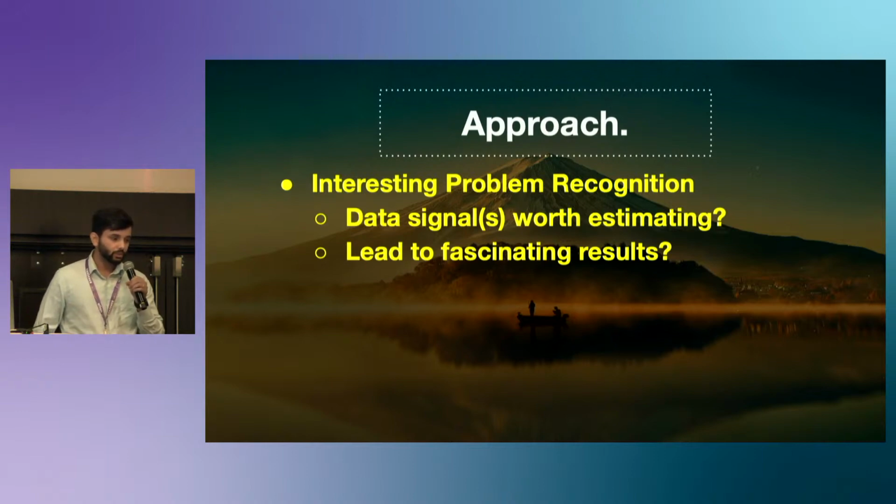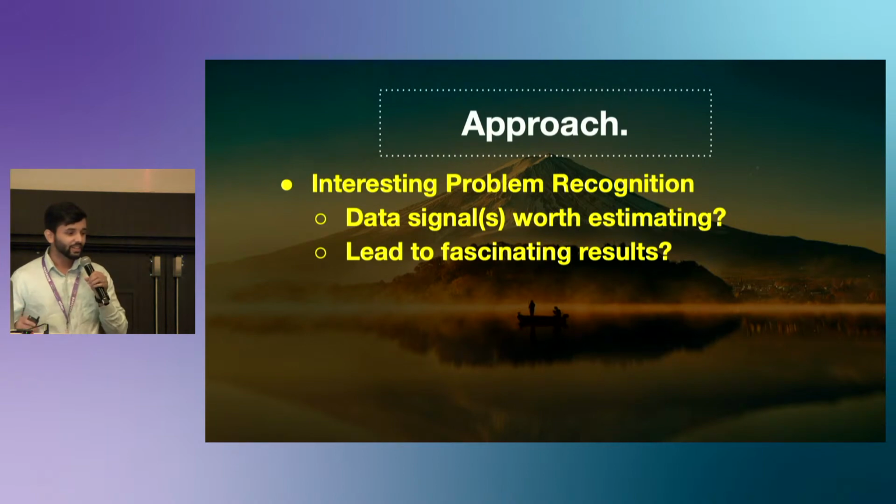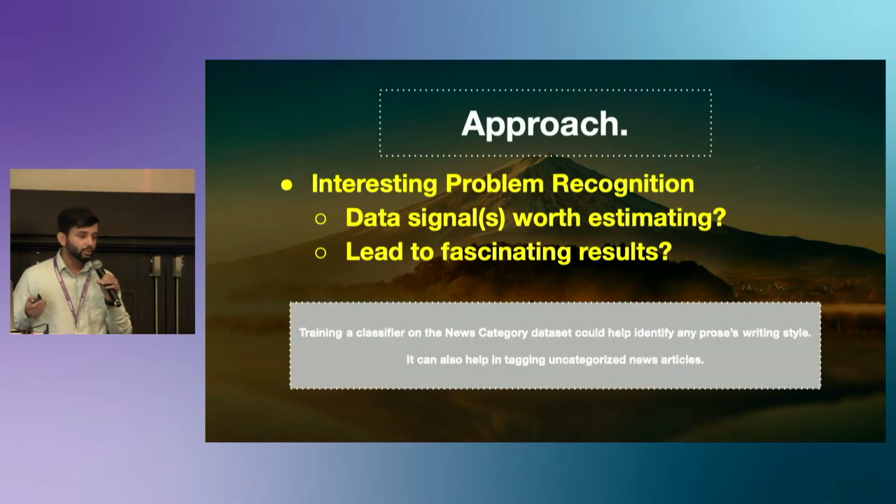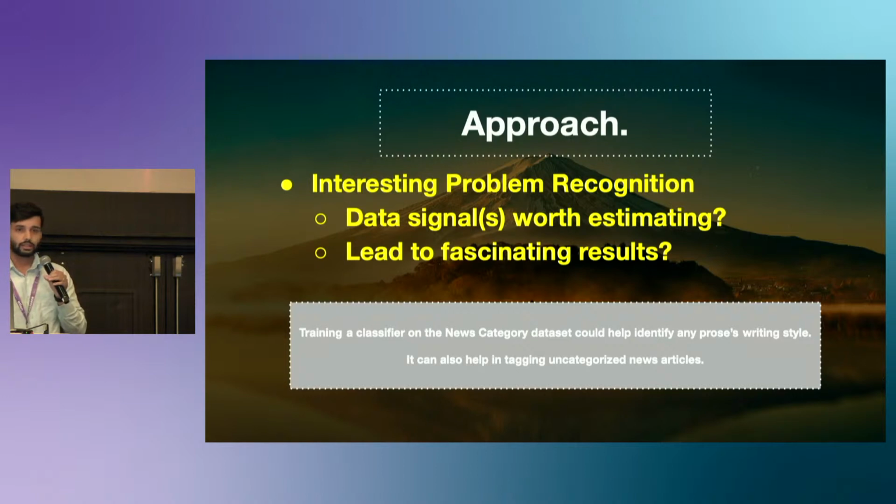So the first thing we need to look for while going through various websites is these pointers, which we can keep in mind to narrow down what could constitute a high quality data set. First thing to look for is whether the data we are collecting contributes any data signal which is worth estimating or could lead to fascinating results. The news category data set we collected falls into this category. If we think about what we could do with a bunch of news articles and the corresponding category in which they were published, we can certainly train a classifier on this data set